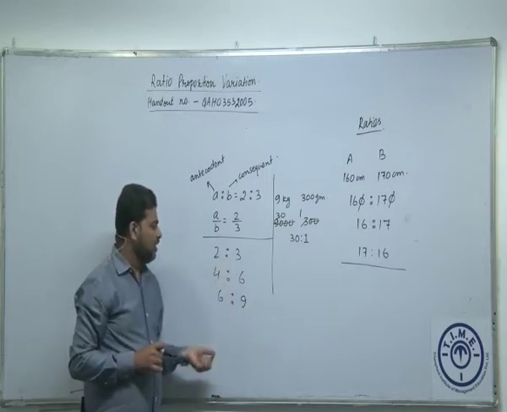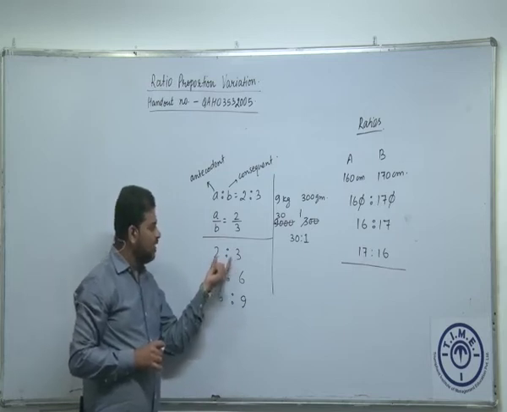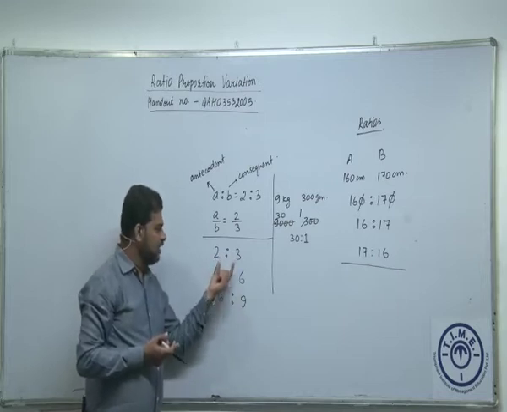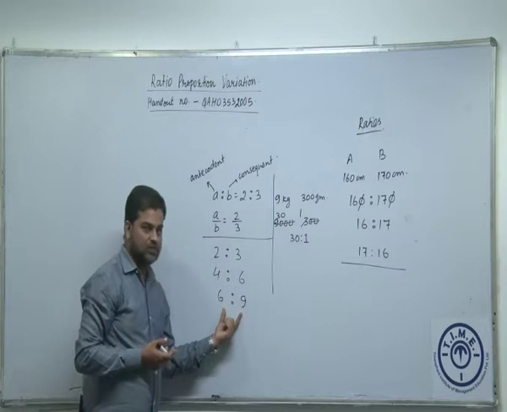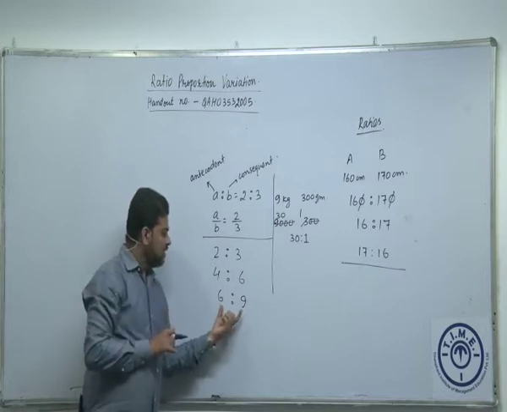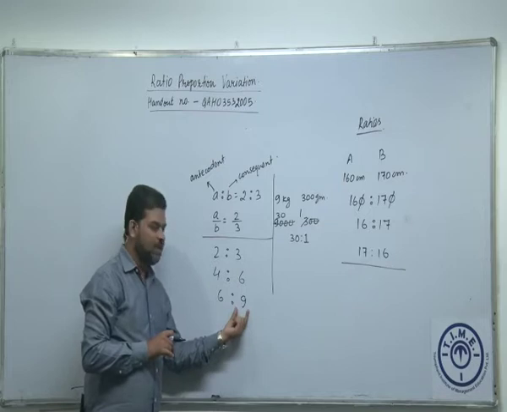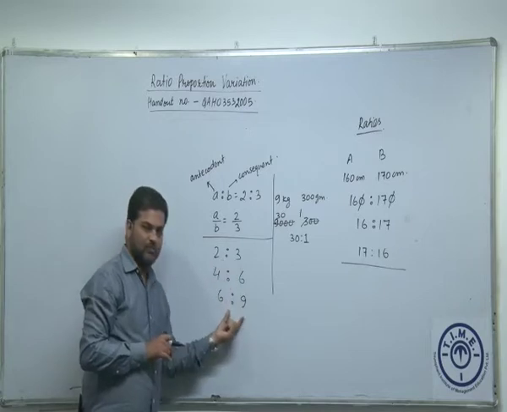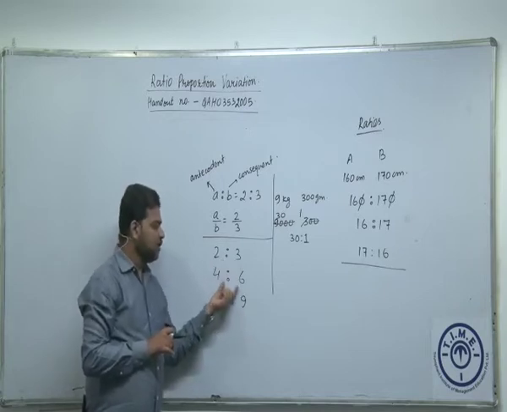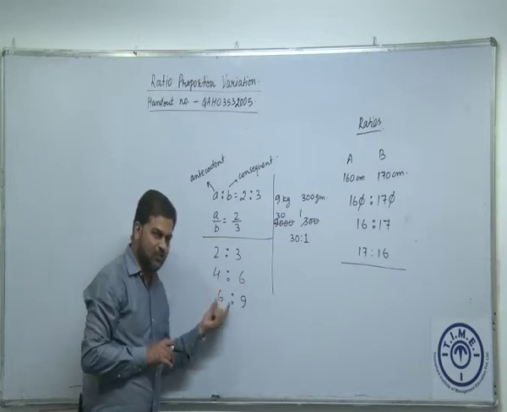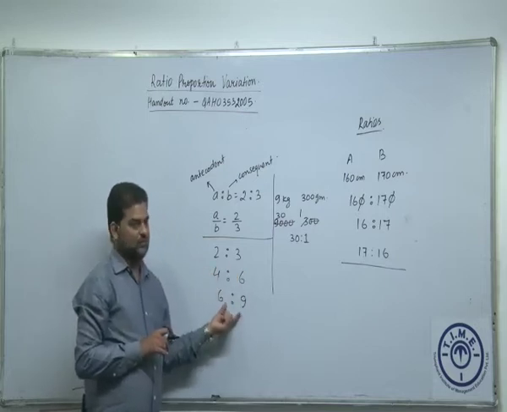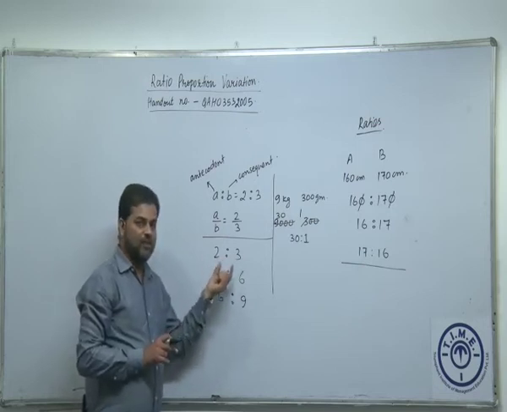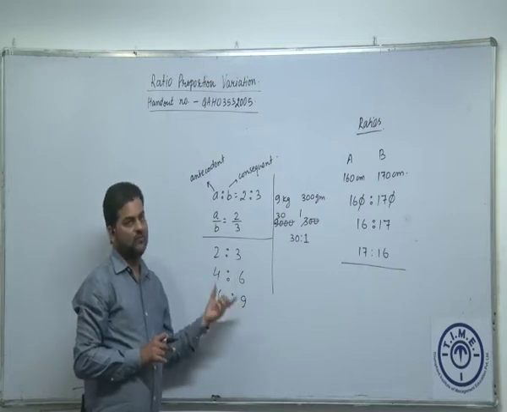So we will note one thing here, that in a ratio, if you are multiplying both the terms by the same number, then the ratio will not change. So 2:3 is same as 4:6, which is same as 6:9. Can we say the other way around? 6:9, when both the terms are divided by 3 each, then we are going to get 2:3, but then the ratios are same. So we can also say in a ratio, if you divide all the terms by the same quantity, then also the ratio will not change. Okay? In a ratio, if you multiply throughout by the same quantity or divide by a common number throughout, the ratio is not going to change, it will remain the same.